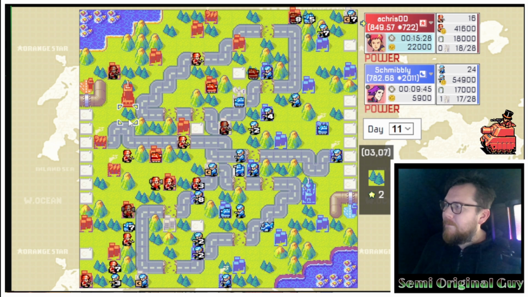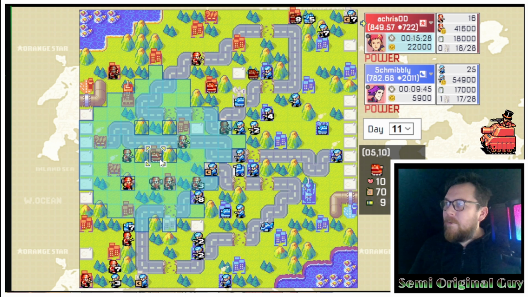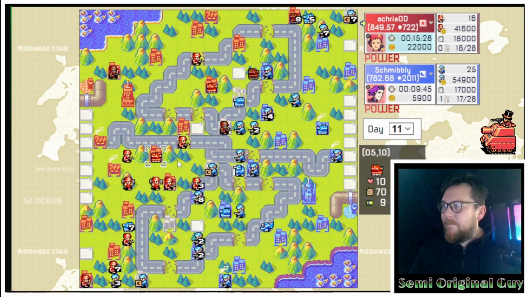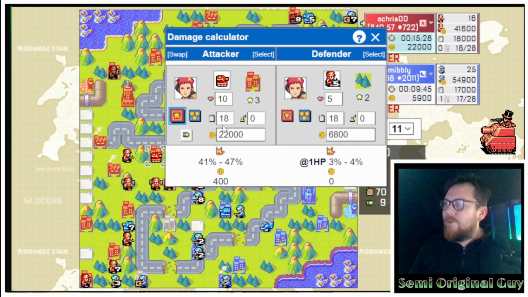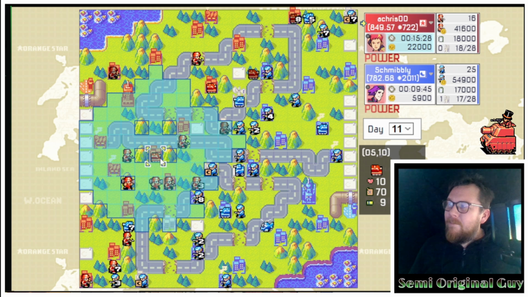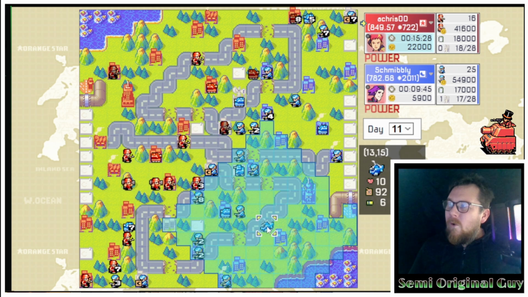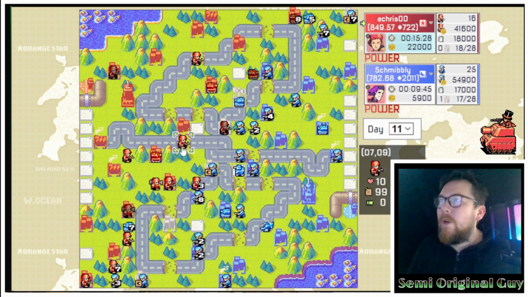Mech attacking tank is okay. That does leave the tank open to attack something else. But I think tank is just going to do way more damage over here, right? I'm fairly certain a tank should come super close to clearing this guy. 59 to 66. Okay, so maybe tank plus infantry would be able to clear this guy. So I probably would just go with the tank. Although tank could go here and attack this, but then at least that tank would be able to come and attack. Either way,